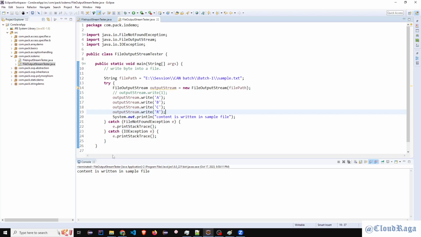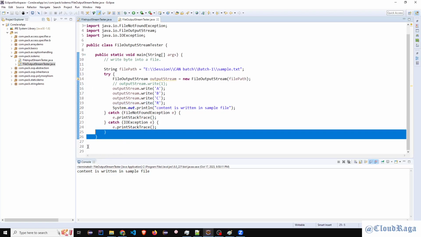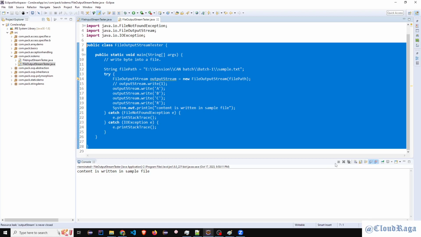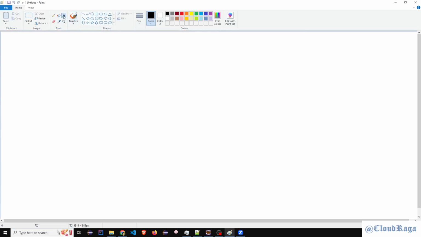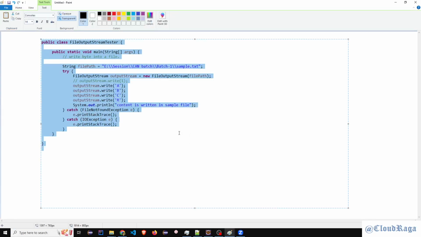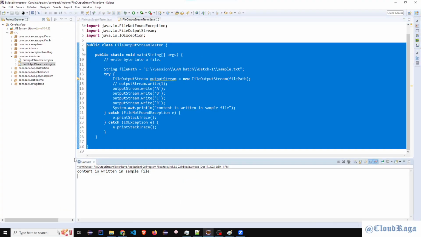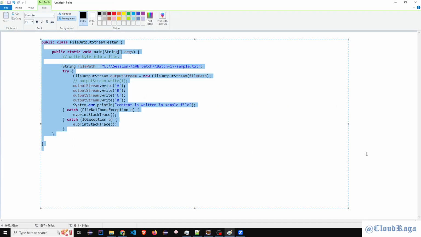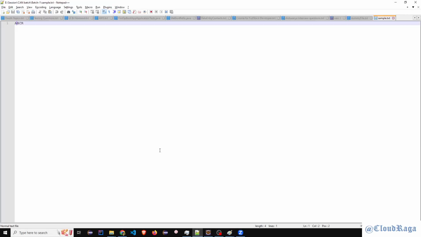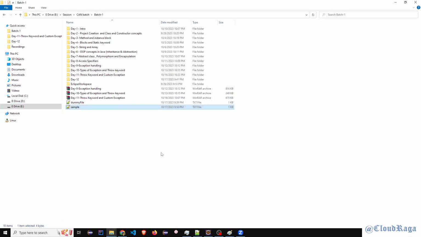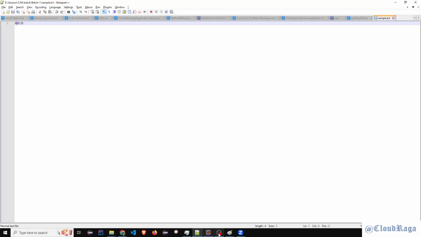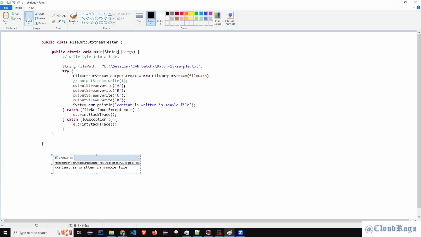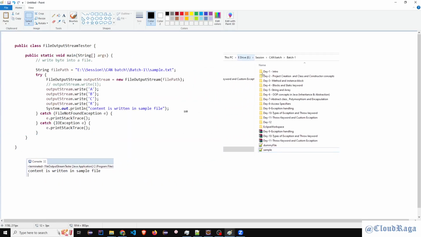So let's take this out from Eclipse and put this on Paint. Today we saw how to read and write into a file. Spend some time and see how it's working. And we have seen that if you give a new file, it will give you a new file path. That's a good thing. You don't have to create that file explicitly. If it's there, that's fine, but you don't have to create it on your own.